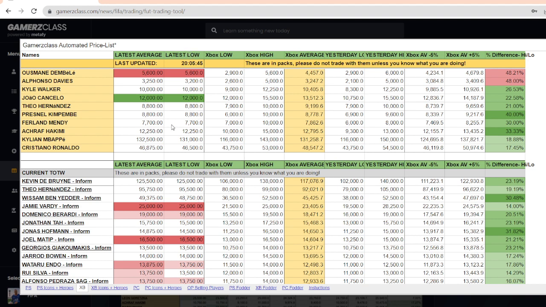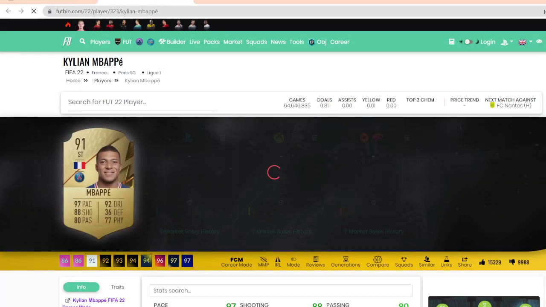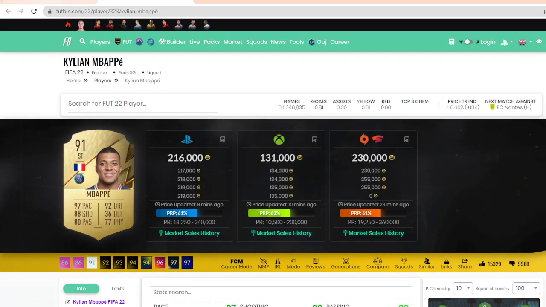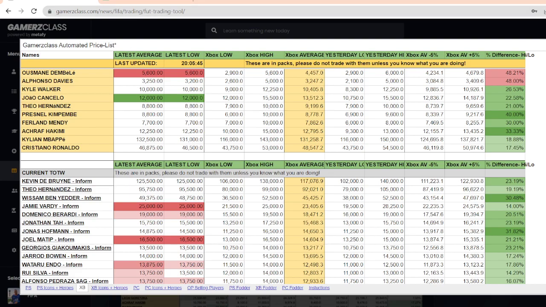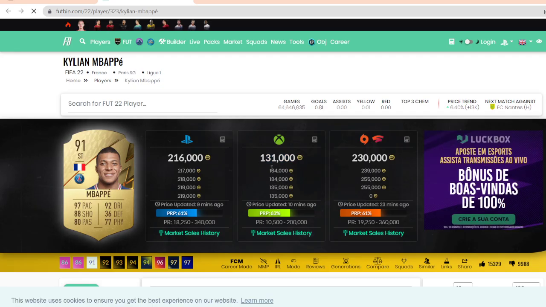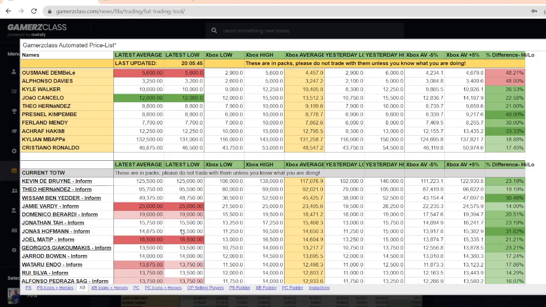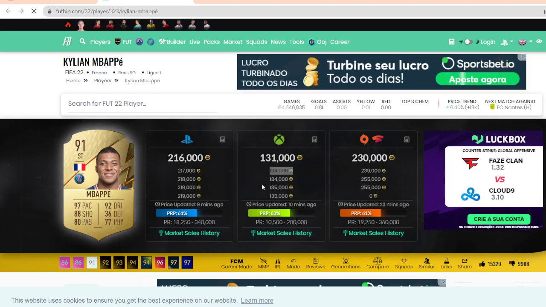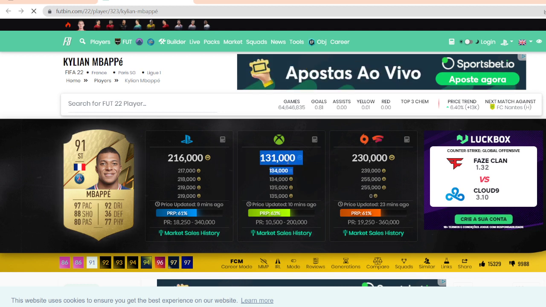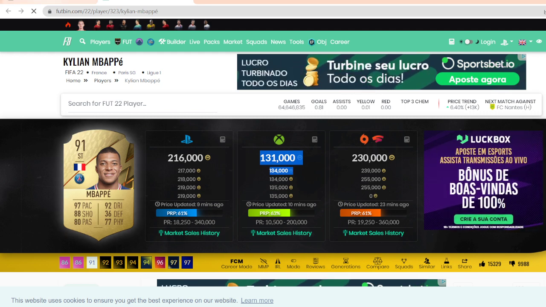The latest low is simply the lowest price on Futbin. If I click on Mbappe, you can see when I go here, it loads. We've got 131 and we've got 131. We've also got 134 below. The latest average is actually the average of these two prices, just because on some cards you can get crazy undercuts. So if I just took the low, it could be a little